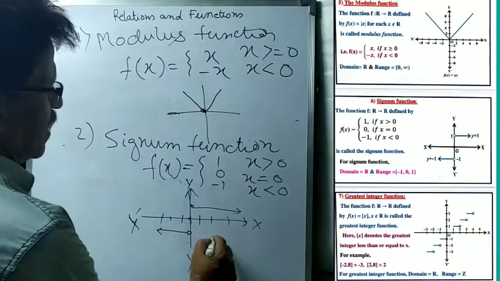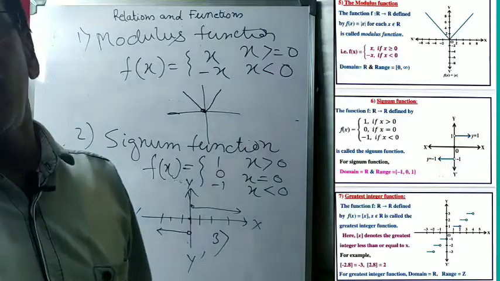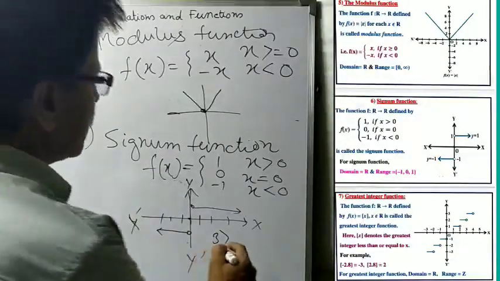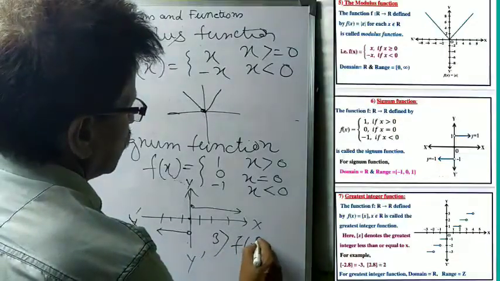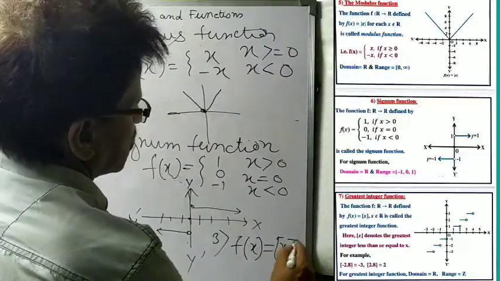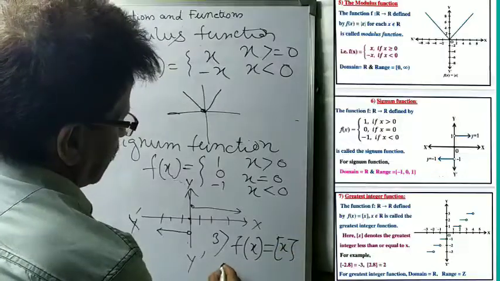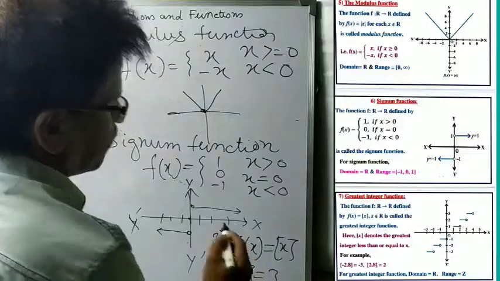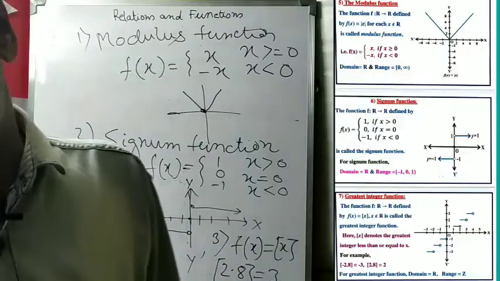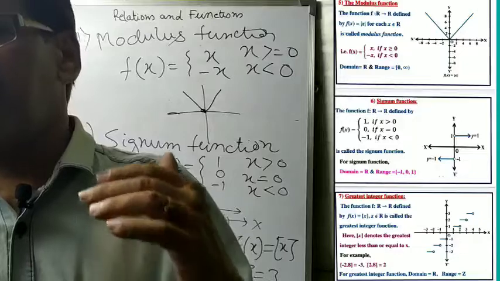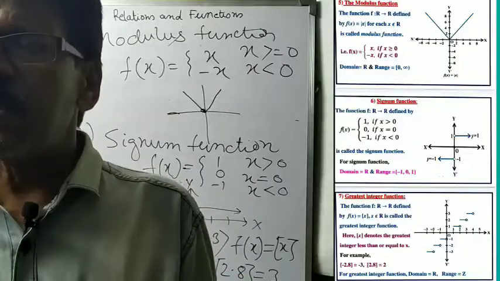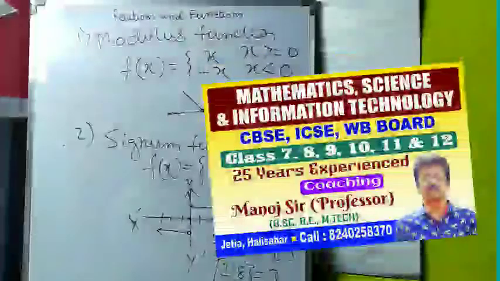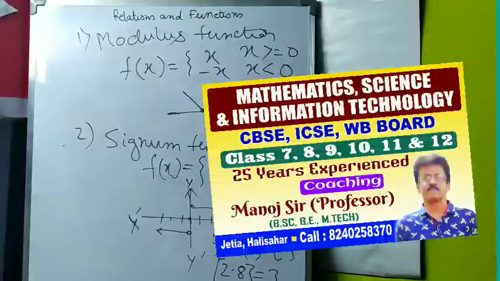And also we have another kind of function known as greatest integer function. Greatest integer function is nothing but f(x) equals to this. That means if, suppose, 2.8, now what will be the value? 3. This is the normal function definition. Now we have to discuss different types of functions, examples and function categories.